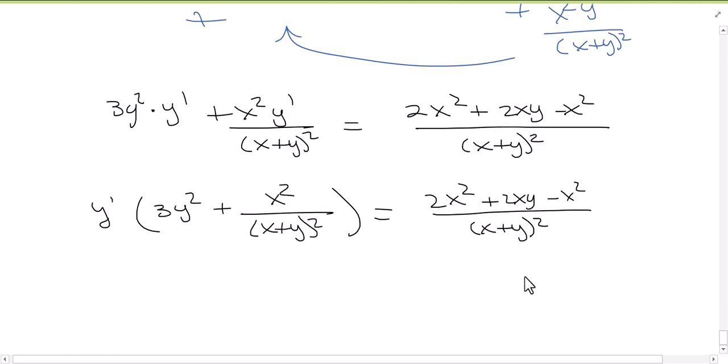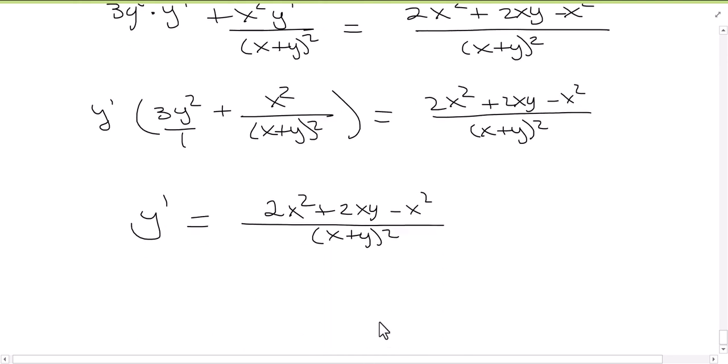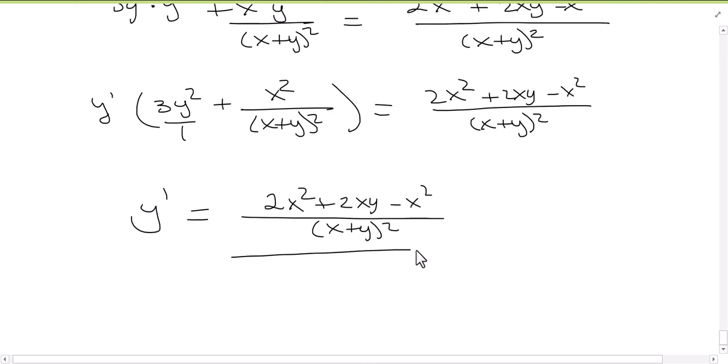And now, how do you get the y prime all by itself? Divide by this. Now, if you wanted, you could get a common denominator here. That way, when you divide by this, you're dividing by a fraction, which means you can multiply this side by the reciprocal of that fraction. But here, I'm just going to say y prime is equal to 2x squared plus 2xy minus x squared over (x plus y) squared divided by, and I don't know that I made it look any prettier, 3y squared plus x squared over